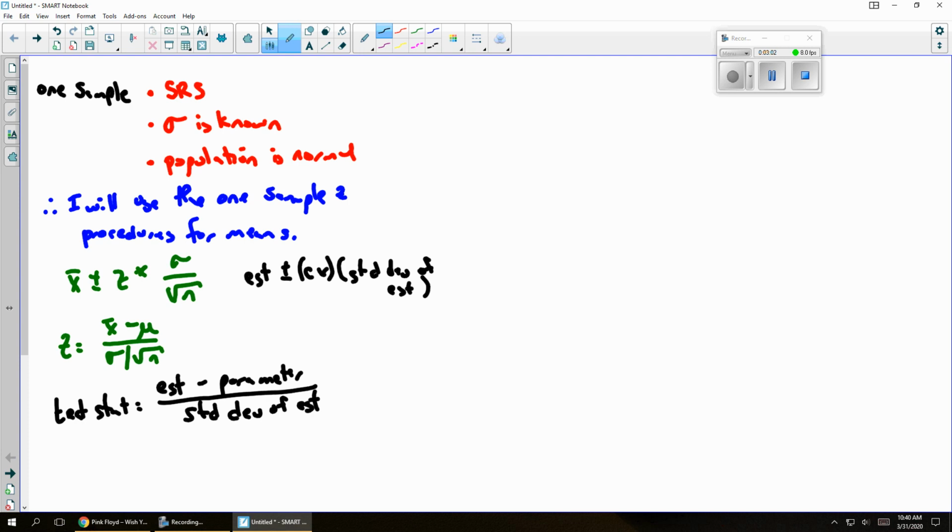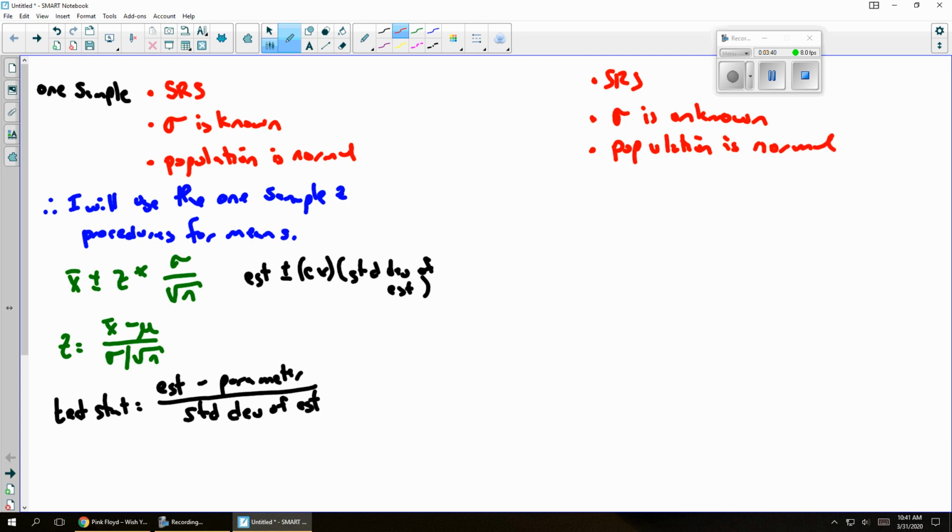And those formulas that I just wrote in black will continue throughout the whole semester with slightly different applications in each one. And then after we did this with Z problems, we switched gears and we said, you know, what if I have an SRS and I don't know sigma? Well, that's when we went to the t distribution, and we also added a little wrinkle onto this population as normal bit. We either wanted the population to be normal,